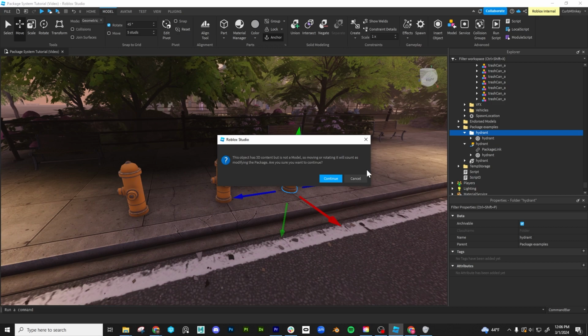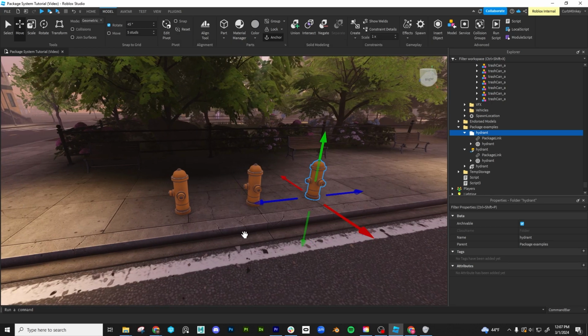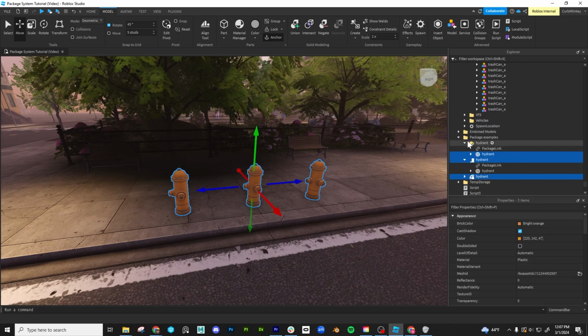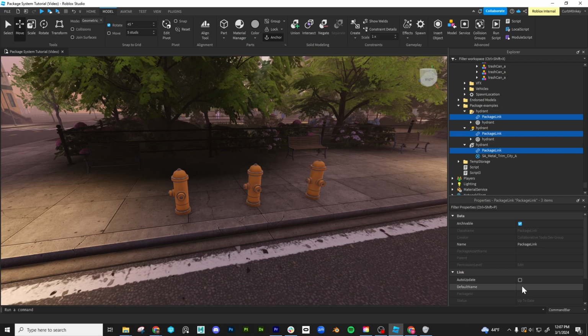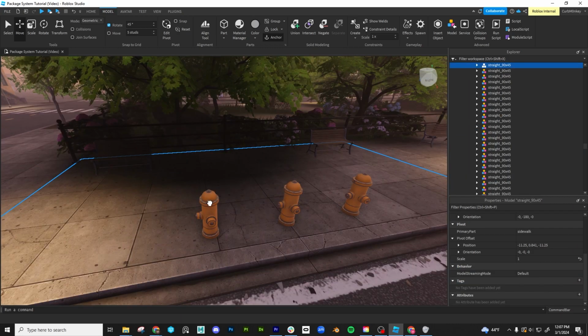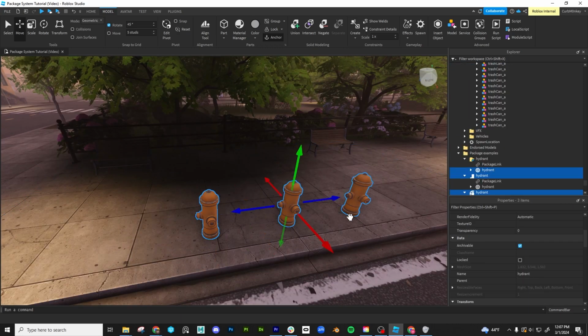And you'll notice right as I try to convert a folder into a package, it comes up with a warning. This object has 3D content in it, but is not a model. So moving or rotating it will count as a modified package. Are you sure you want to continue? I'm going to say yes here just for this example. So these are all packages. And again, I'm going to go in to my package links and turn them all on to auto update. That's again something I do every time I create one. That way I don't have to go around and update